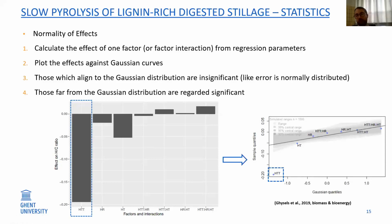And as you know, errors on experiments, or errors everywhere, are typically normally distributed. So non-significant data is typically normally distributed. So if you would have non-meaningful factors or factor interactions, these would also be normally distributed and fall on this black line here. So for instance, the holding time and heating rate should be regarded as non-influencing factors on the HC ratio, while this little fellow here, this highest treatment temperature, is very far from the normal distribution, hence is not error-like, hence is a very significant